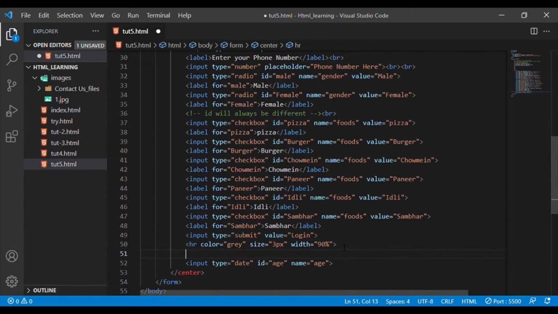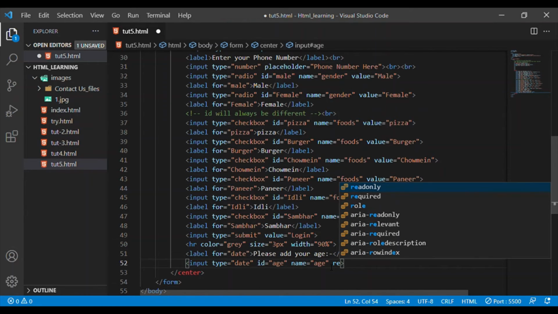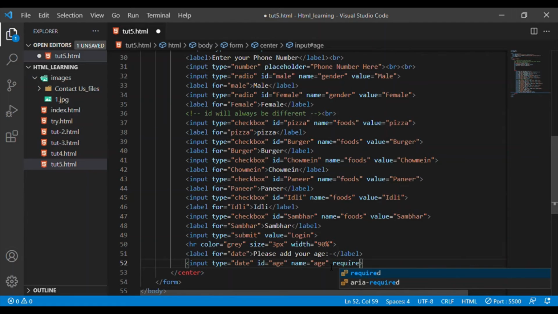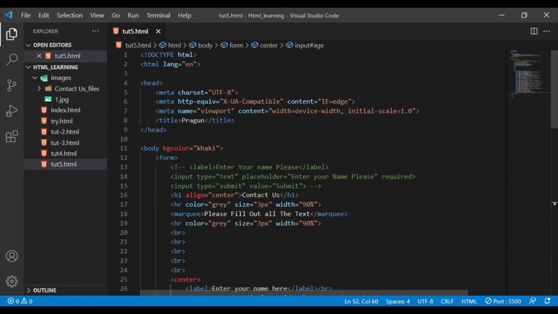And then I'm also writing label for date, and writing please add your age, and I'm also writing required so that a person wouldn't miss it out while filling the form. Let's check it out; I am saving it and viewing it.